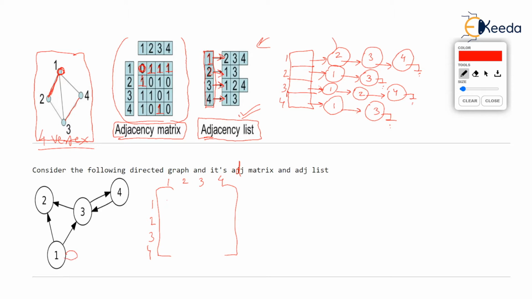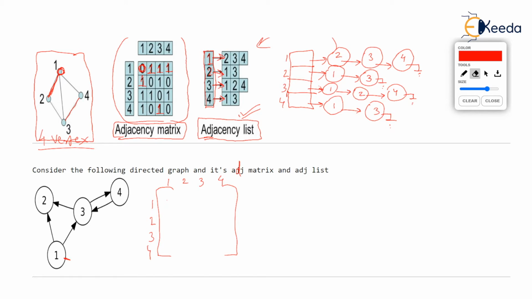By the way, such edges which start from a vertex and directly end at that vertex are called loops. These are loops. You can see that there is absolutely no loop anywhere. 2 is not connected to 2, 3 is not connected to 3, 4 is not connected to 4. Okay. So vertex I is never adjacent to vertex I itself. I hope you understand. Okay. Let's fill this matrix with zeros or ones. I hope you might have done it already.